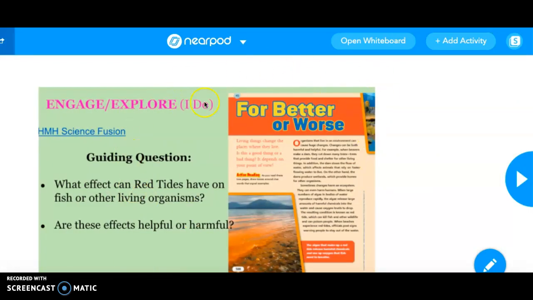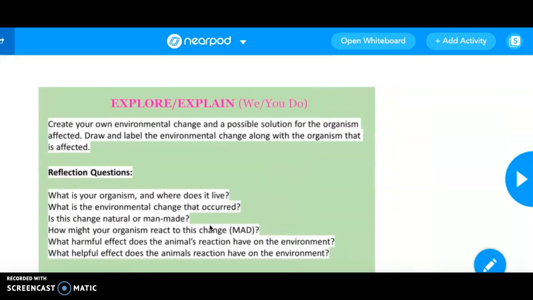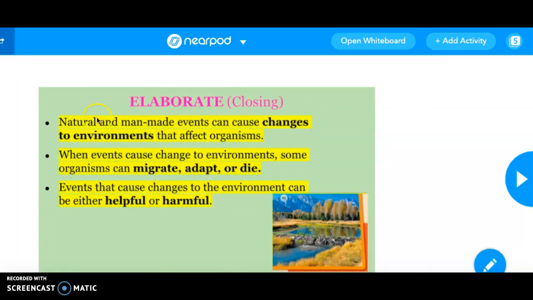Next, I read this page for you, and we learned about red tides. We answered these 2 questions in your notebook. If you didn't get to do it, make sure you get your science book, page 508. Then we also went here and made sure that we understood these three